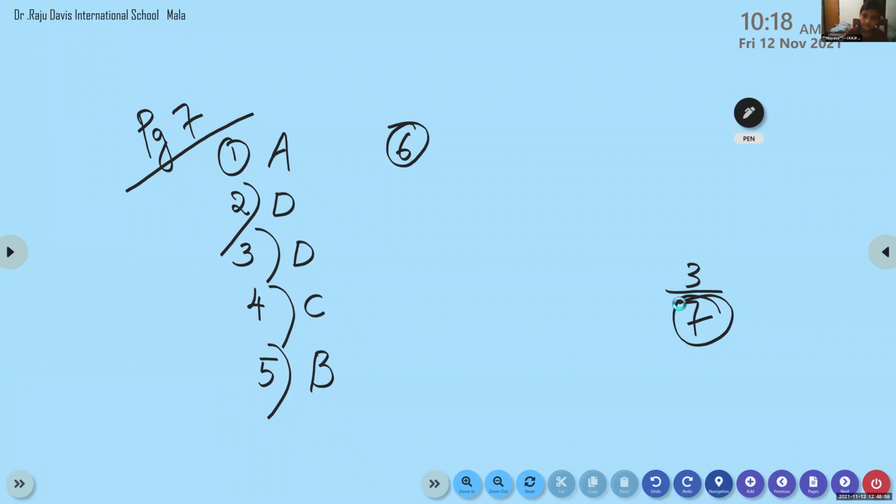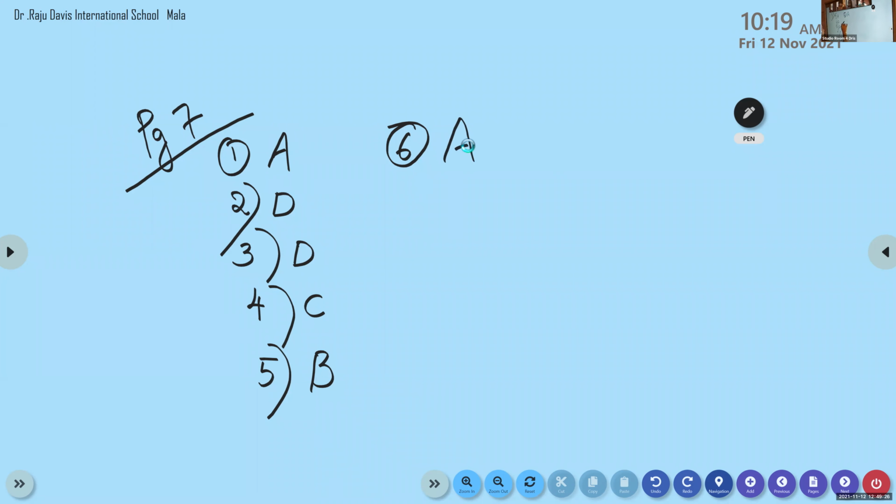A. And which is that? Tell me the answer again. 2 by 7. That is the denominator. So 2 by 7. Here is 7 and here also 7. So they are like fractions. Very good. Can you give me the option? Option A. Ma'am, can I read the next question?